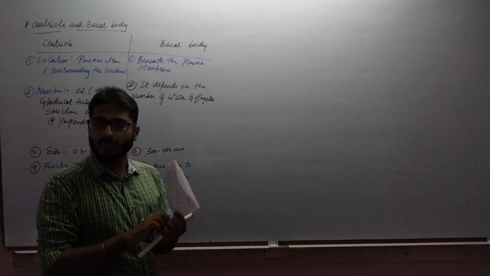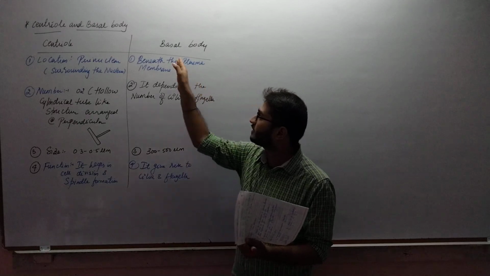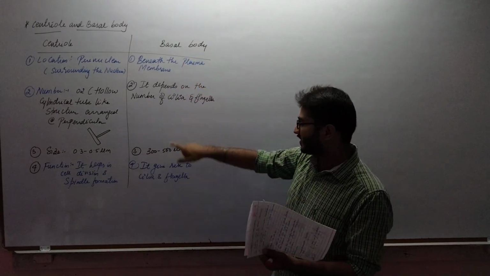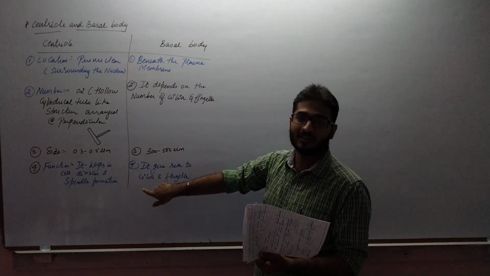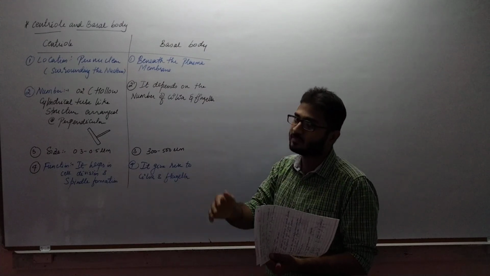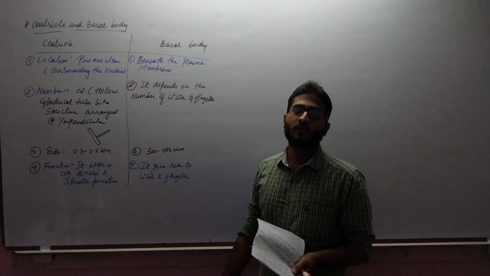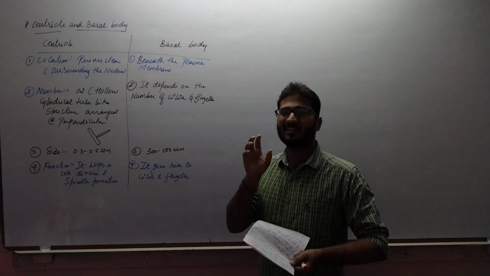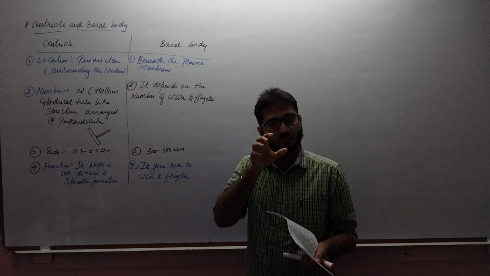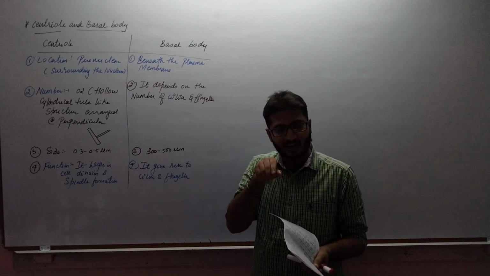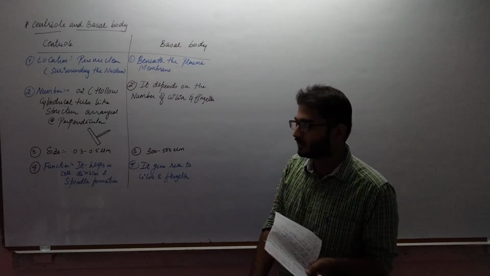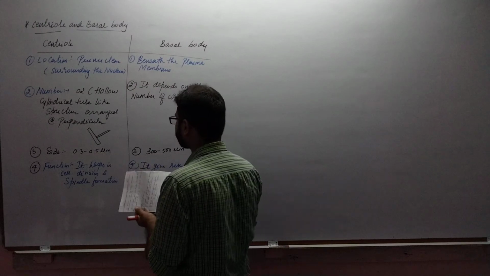That means these structures, either centriole or basal body, do not move, but the structures that they give rise to, that is cilia and flagella, show the property of movement. That is, they can move from one place to another. What I mean to say is they cause the movement of the entire cell, or of the cell sap, that is the fluid part of the cell.